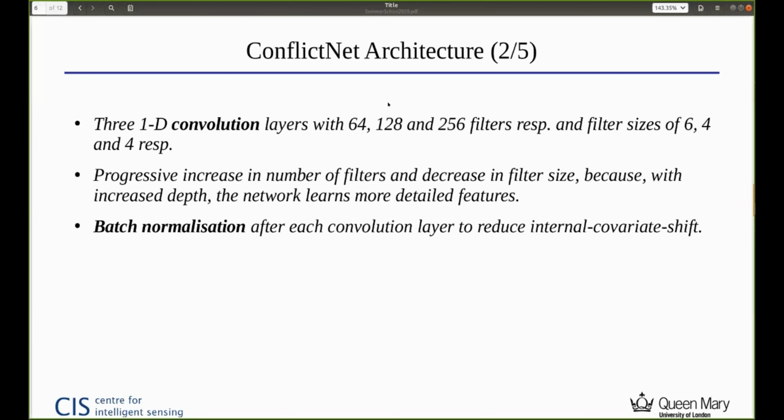Since we are using raw speech signals, we have used one-dimensional convolution layers, and we have used 3 of them. And as the network becomes deeper, we have increased the number of convolution filters and progressively decreased the filter sizes. This is because of the fact that with